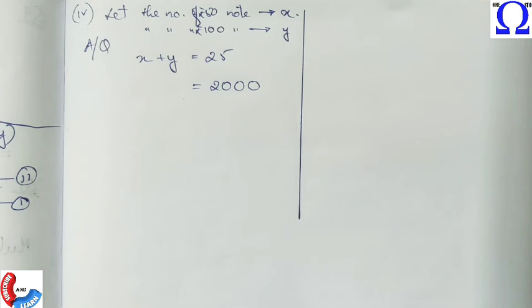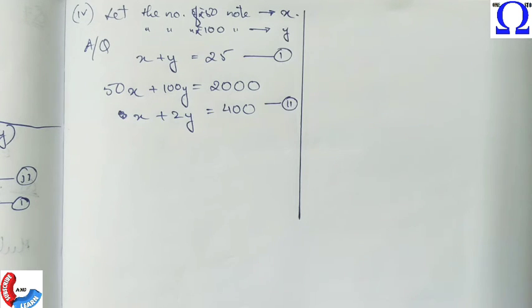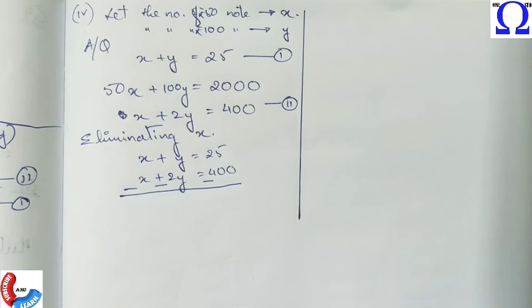So for that 50 will be multiplied with x and 100 will be multiplied with y, because if we have 1 fifty rupee note, that means we have 50 rupees. If we have 5 fifty rupee notes, that means we have 50 into 5 rupees. If we have x fifty rupee notes, then we have 50 into x rupees. Simple. So I will be simplifying this equation further and we will get our two equations like this. Now we will be eliminating x here by doing what? Addition or subtraction? Of course subtraction.